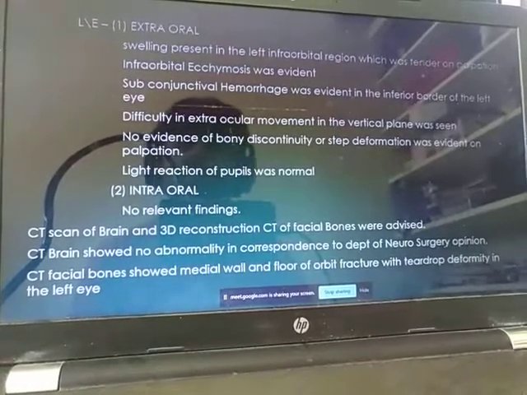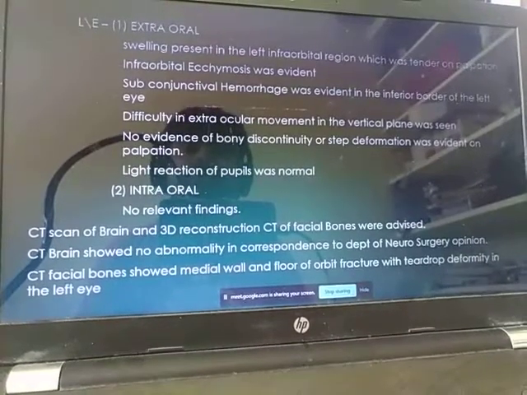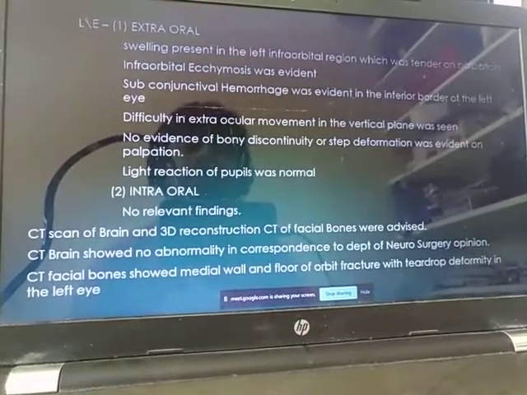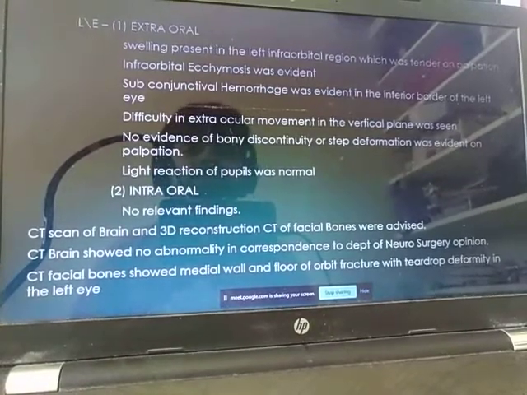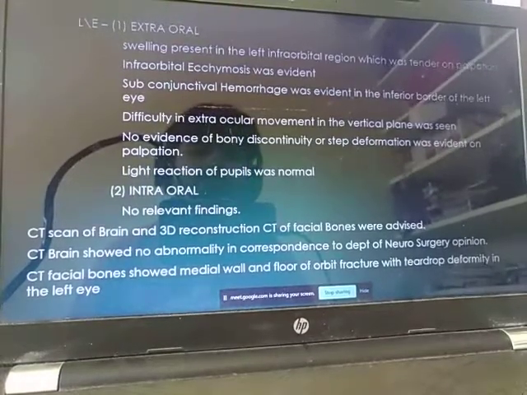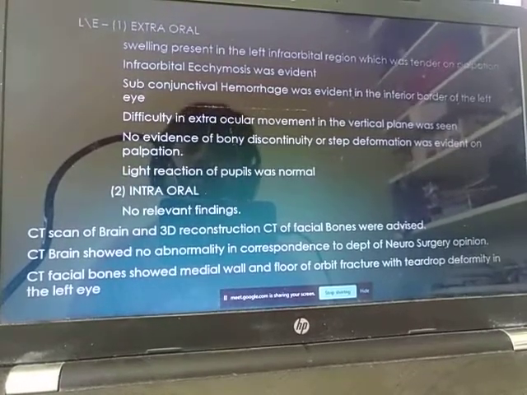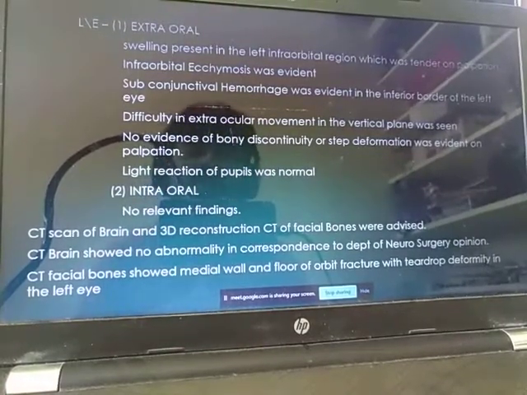On local extraoral examination, the swelling present in the left infraorbital region was tender on palpation. Infraorbital ecchymosis was evident. Subconjunctival hemorrhage was evident in the inferior border of the left eye. Difficulty in extraocular movement in the vertical plane was seen. No evidence of bony discontinuity or step deformity was evident on palpation. Light reaction of pupils was normal. Intraoral, no relevant findings. CT scan of brain and 3D reconstruction of